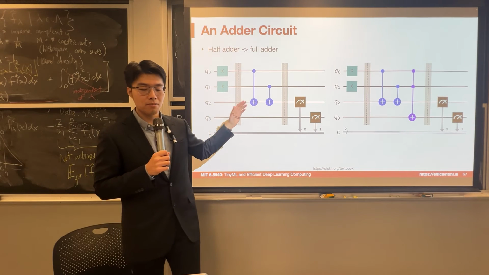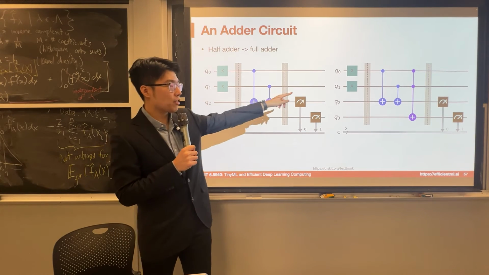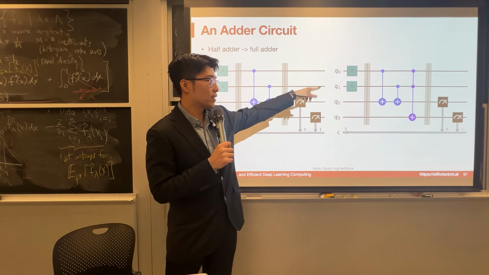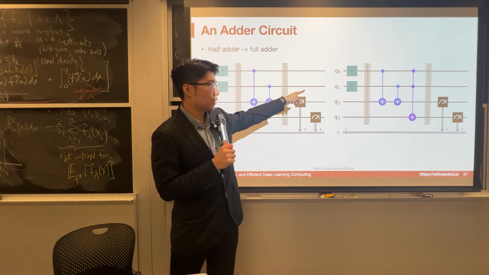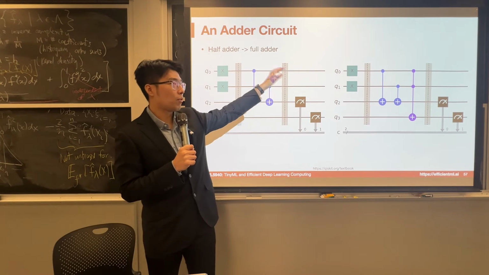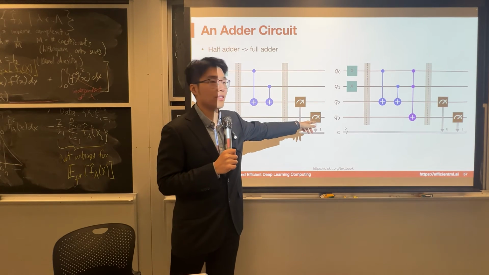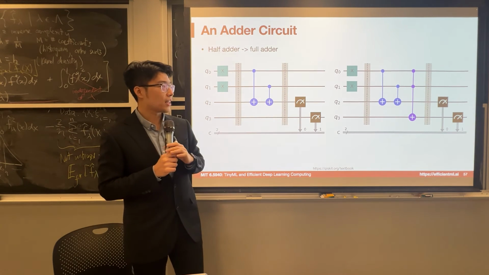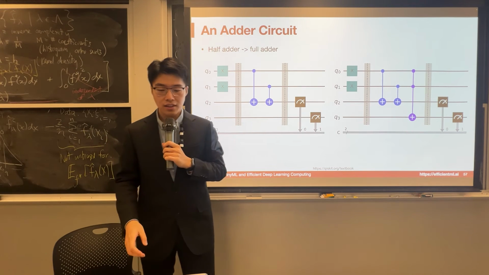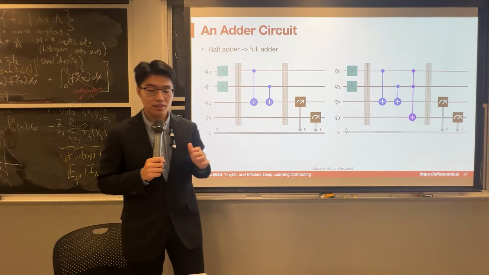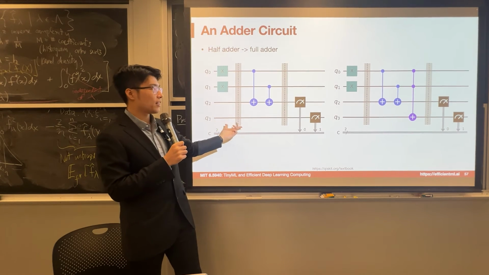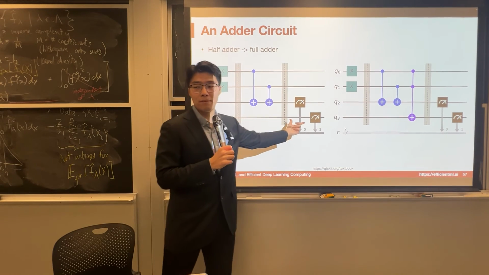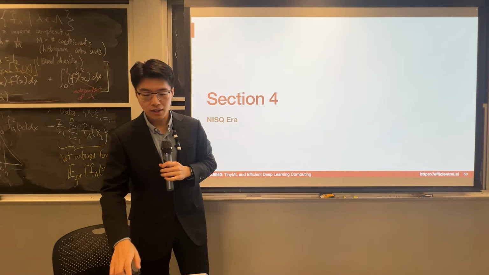So actually, we can just simply apply a 3-qubit gate, which is the CCX, which means if both Q0 and Q1 are 1, then we do a flip on the Q3, right? So in that case, we can achieve this full adder using several layers of the quantum circuit. So that also resembles our previous introduction. We have the embedding here, we have some quantum layers, and also we have the measurement. Okay, so